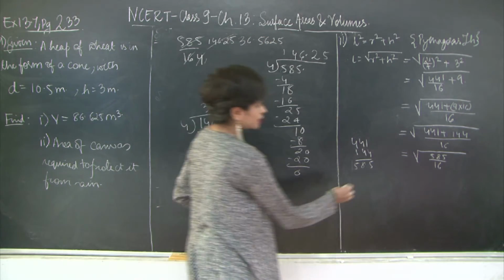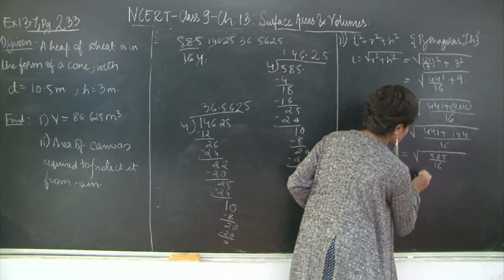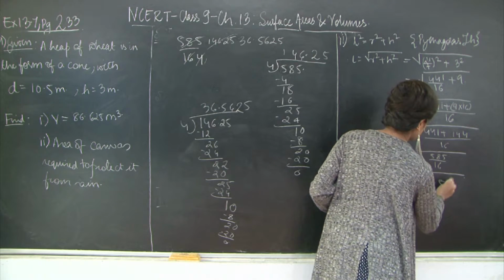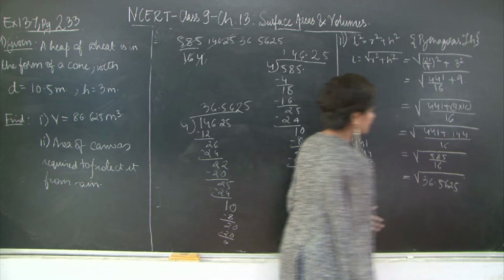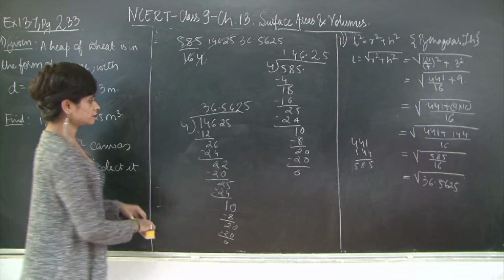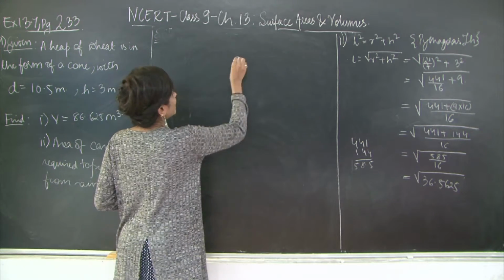Right? This is under root of 36.5625. Now we need to find the square root of this term. So we are going to use the square root method, finding the square root of